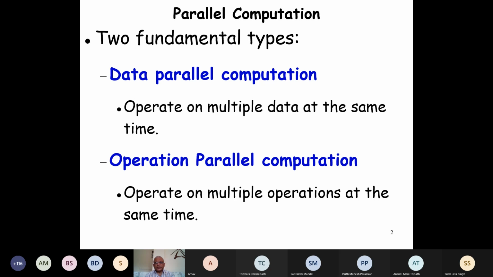And as we proceed, we'll see that there are components in your laptop, in your mobile, in the desktop, which handle this kind of computation. And nowadays, these have become sophisticated, and we call them GPUs, graphical processing units. We'll look at them a little later, because there is something even more fundamental than the data parallel computation, which is operation parallel computation. Here we have different instructions which execute at the same time.